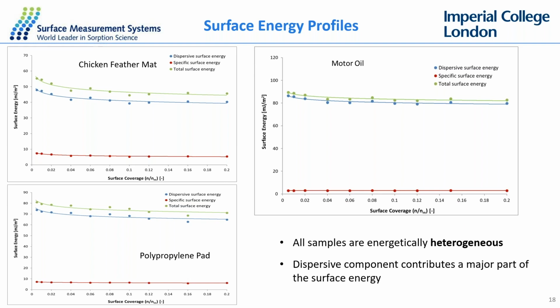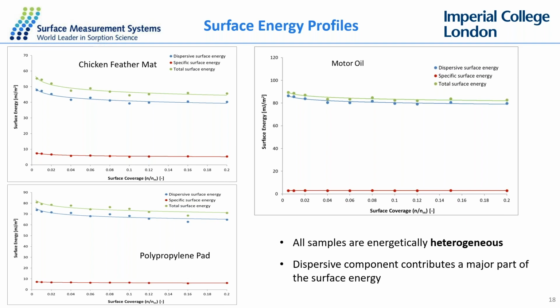In this case, we use dichloromethane, chloroform, acetonitrile, and then toluene. For these three graphs here, it shows the individual surface energy profiles for all the three samples. We included motor oil because we also just wanted to have its own representative, which we used throughout